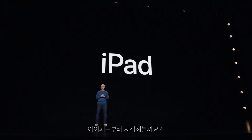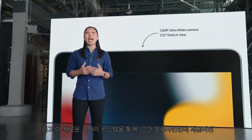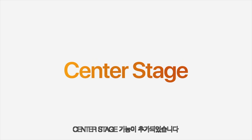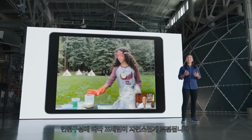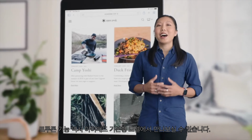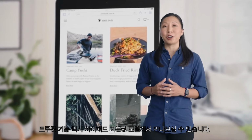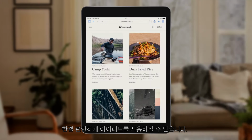Starting with iPad. It's now a 12-megapixel ultra-wide camera and enables a super popular feature from iPad Pro, Center Stage. Enabled by the ultra-wide front camera and the neural engine, and dynamically adjusting the frame as they move around or as more people join in. Another new feature coming to this iPad that users love is True Tone. It adjusts the display to the color temperature of a room to provide a more comfortable viewing experience, including the